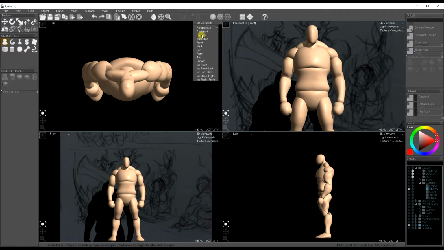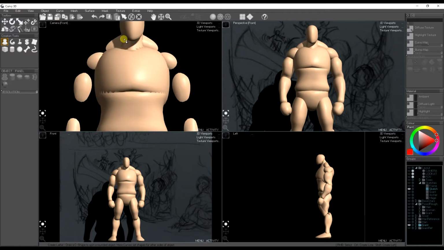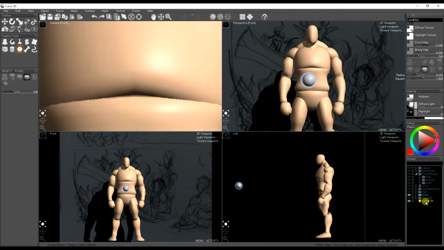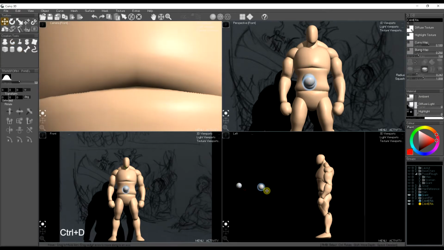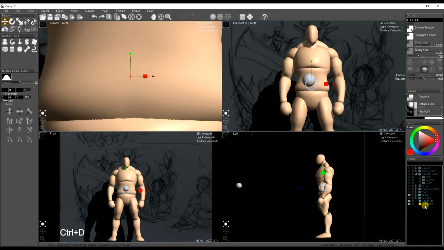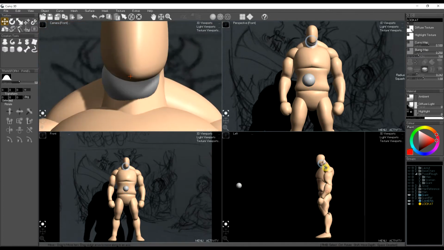So I'm changing the top left view into a camera viewport. At the moment it's just using a default view because I've not created a camera in my world. So to create a camera, it's got three parts. It's got the eye point where you're looking from, where the actual camera would be. And I create a little sphere and call it CAMERA in capitals. And then I duplicate that with Control D and rename that to LOOK AT in capitals, and that determines where